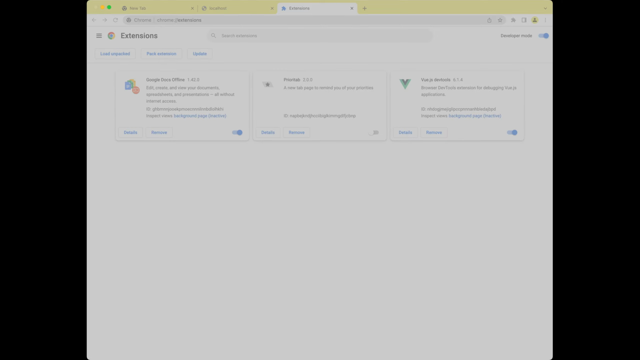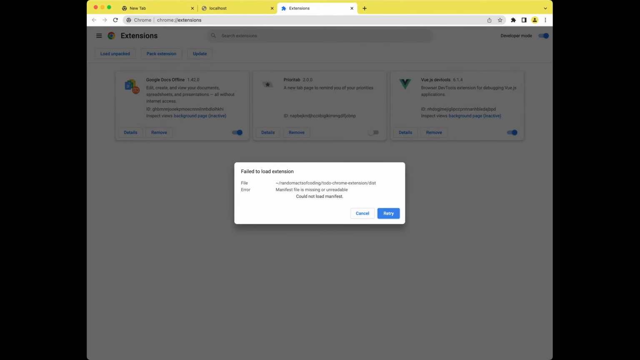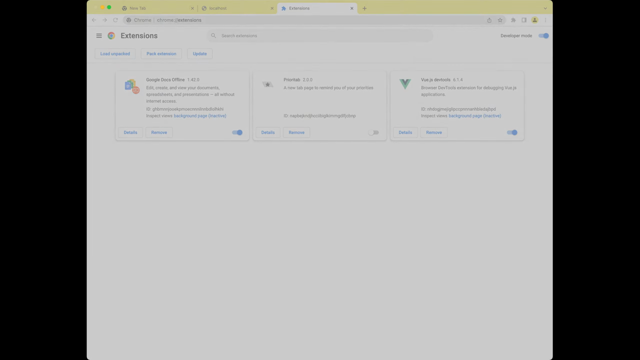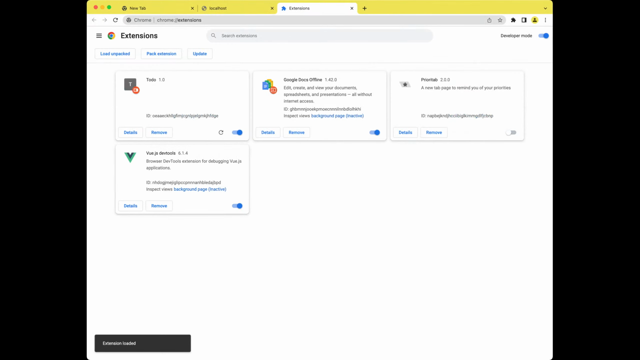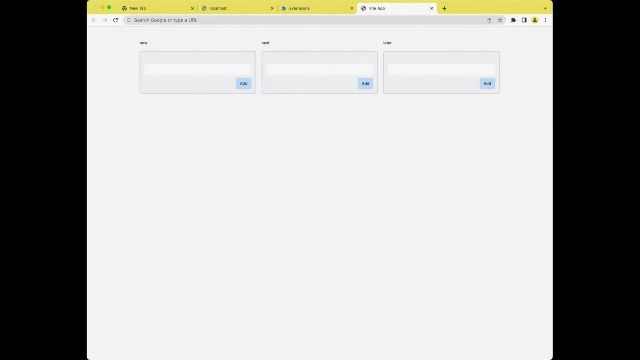Okay, so trying this back. Select. Could not load manifest, so it didn't like it. Oh, yeah, because the manifest is not here. Select here. Okay. And new tab, keep it. And that works. It's just the slash. And I'm doing this without the plugin. So I don't even need the plugin. I just need Chrome to do